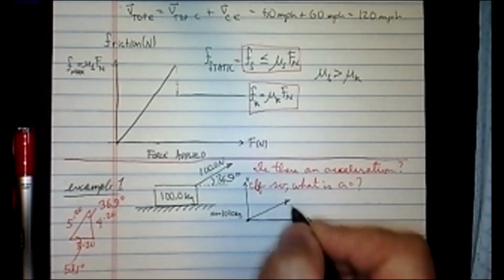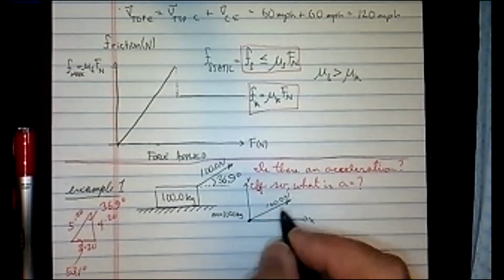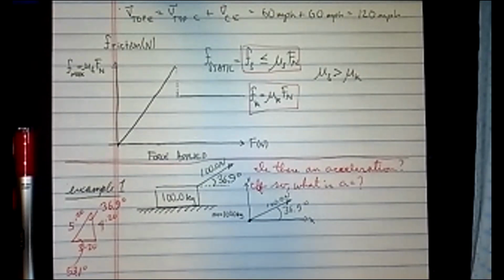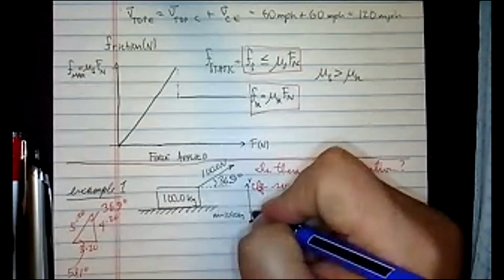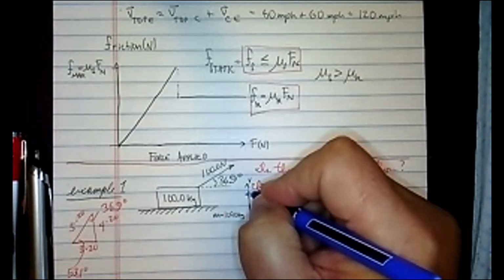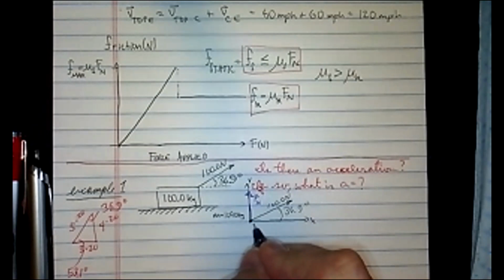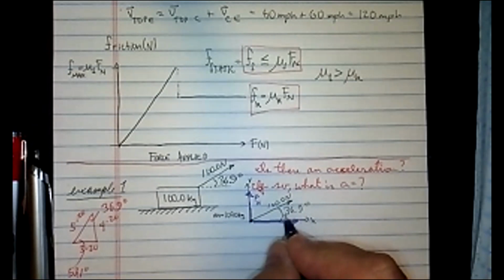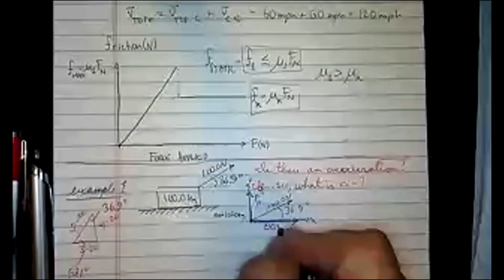Notice this one has not been along an axis, so it stays black for me. That angle, of course, is 36.9 degrees. Trying to write it big enough so you guys can see it. Now, the forces acting on it that I know, for instance, is the normal force, which is a vertical force upward. So I wrote that purple to represent positive. The x component of this force is, in fact, notice it's adjacent to the 36.9 degrees. So just like the 4 is adjacent to it, so 4 times 20 would be 80. So this is 80.00